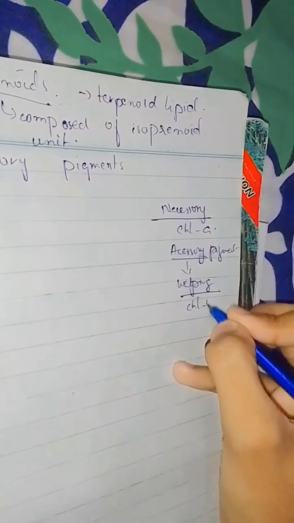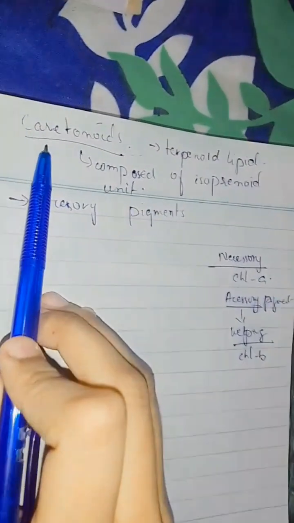Chlorophyll B, for example, is an accessory pigment. Similarly, carotenoids are accessory pigments, the helping pigments,